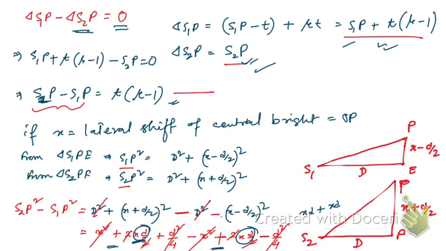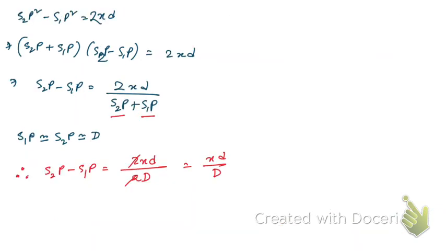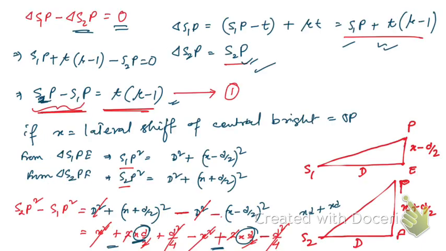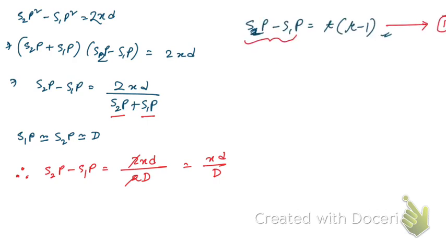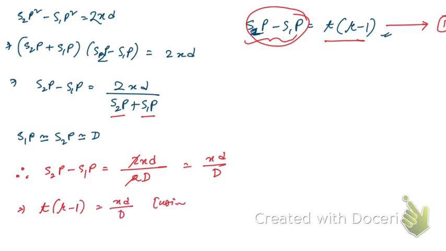So now you see, let me take this as equation number 1, and using this equation number 1, let me use this result in this equation here. Let me copy this equation. So this was equation number 1. Now S2P minus S1P, if we use this, then what we're going to get is mu minus 1 into T equals x small d by capital D using 1. So therefore the thickness T, if you simplify this, is given by x small d by capital D into mu minus 1. So this is the thickness